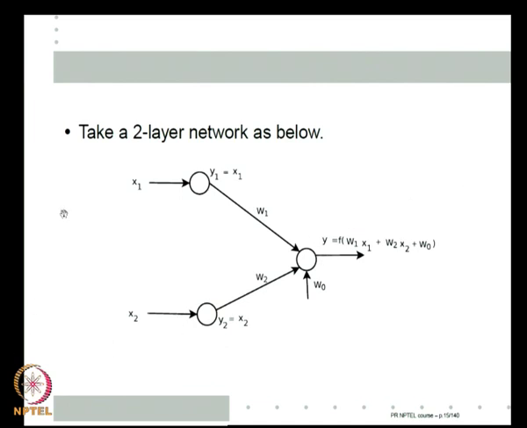If I add some more positive quantity, it comes closer to 1. There is no way that when both x1 and x2 are 1, the output can suddenly become 0. Because when both of them are 0, the output is 0, and when any one of them is 1, the output has to go to 1. So, both w1 and w2 weights have to be sufficiently positive. This implies that when both of them are 1, I have no choice but to drive the output to 1. This is the reason why such a network cannot represent XOR.